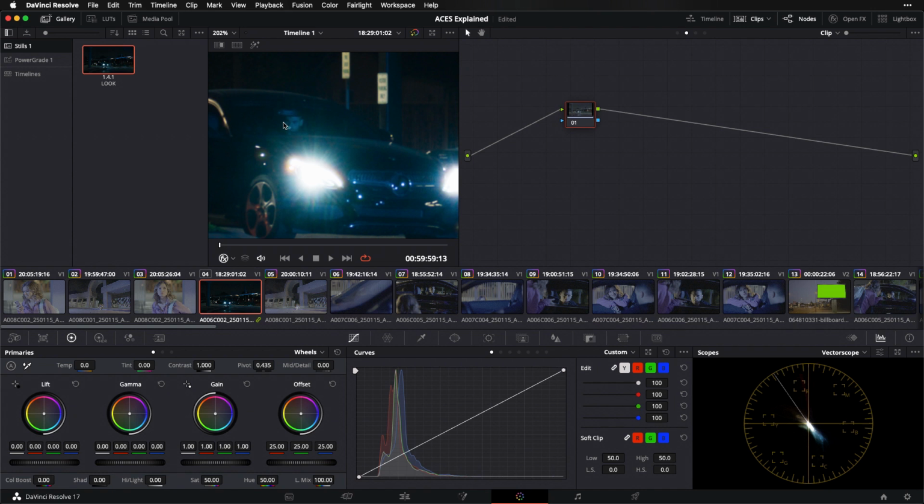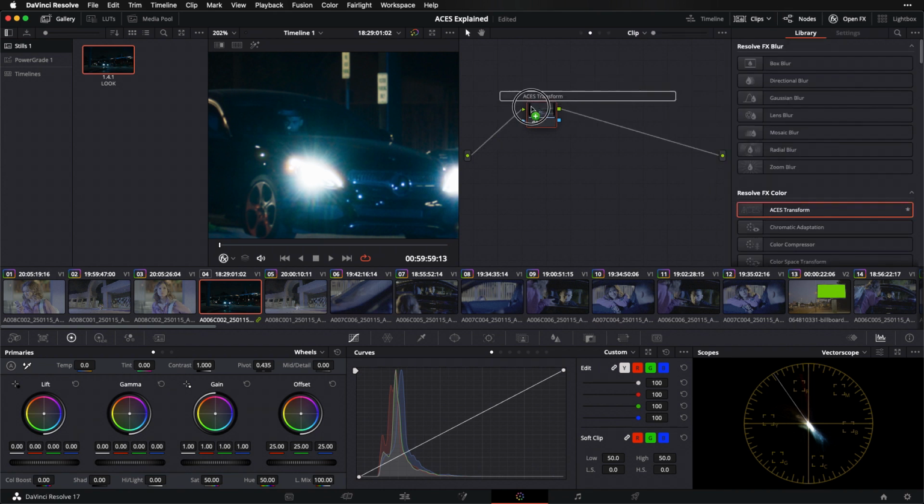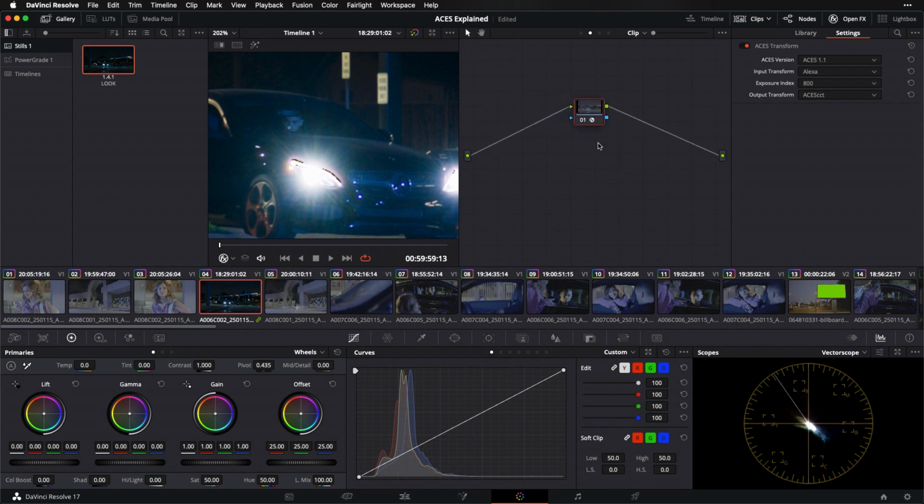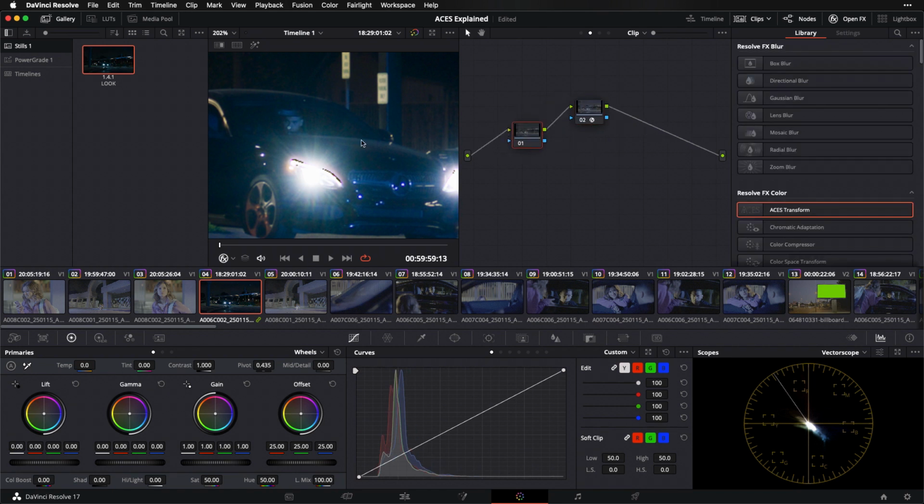So here with my outliers, I'm actually not going to do anything at the group pre-clip level because I want to do everything manually on a per shot basis, because any shot that I put into this pile is going to need special attention and it may not need the same thing as any of its neighbors. So first things first, I am once again going to create an input transform, the same transform that we have in our main Arri group, but then we're going to try to deal with the issue that we're seeing here. So again, the issue is that we have a color that is high enough in luma and high enough in saturation that it is not fitting inside of my ACES CCT color space.